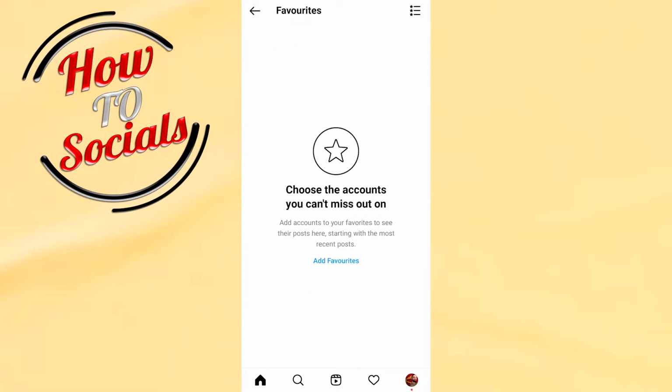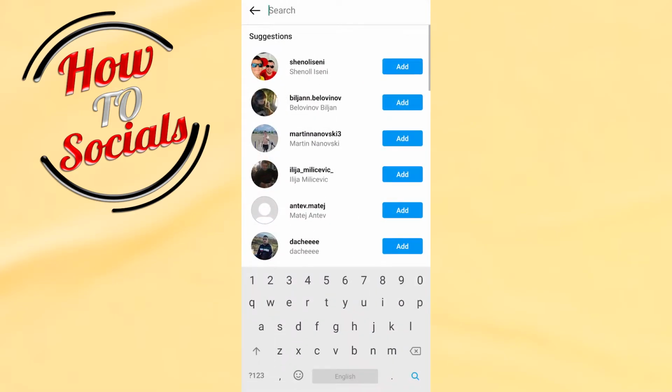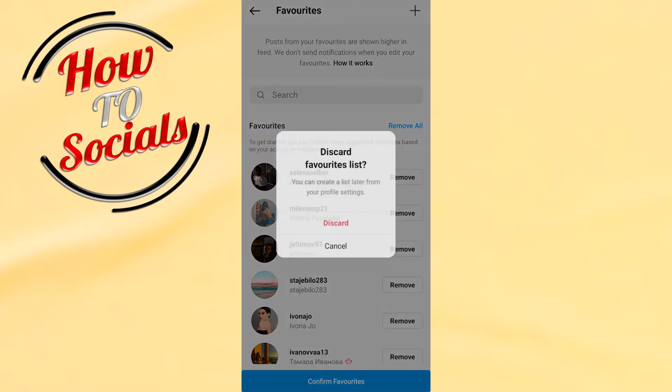And here as you can see, I don't have any matches on this favorites list on my account. What I need to do to add is just go for the section with a blue line. Click on it, and now here you can add your favorites. For example, this one, get back. Now